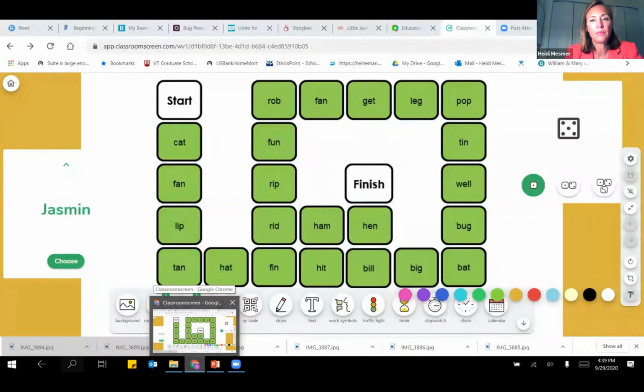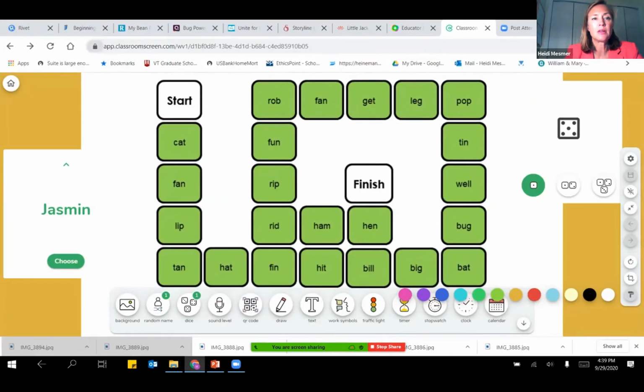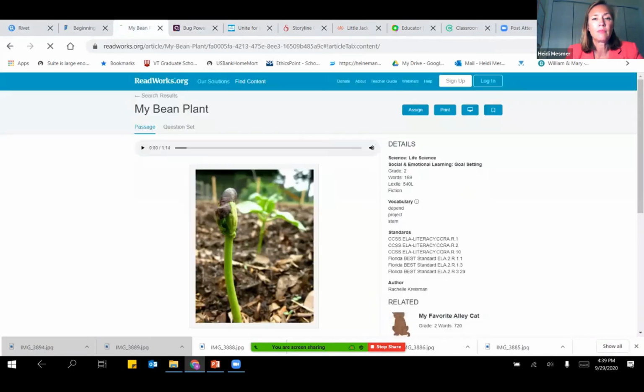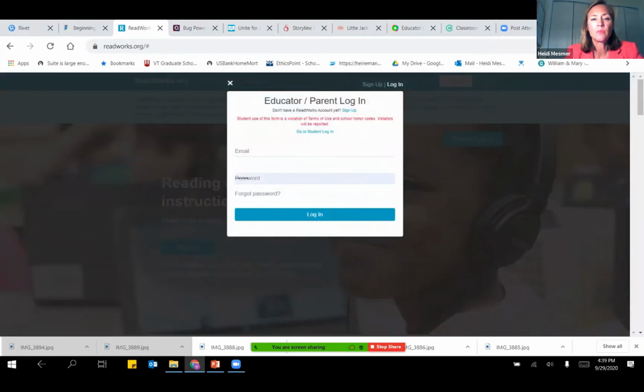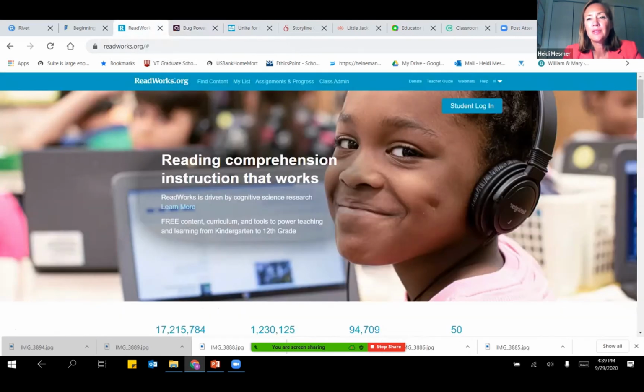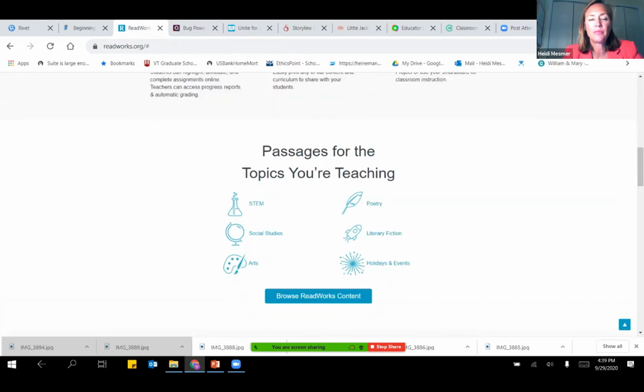There we go. Okay. Let me grab, where was my ReadWorks? I lost my login here. Oh, here it is. So I am going to search for that. Actually, I can use it right